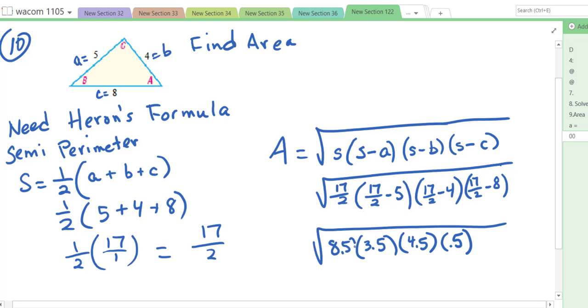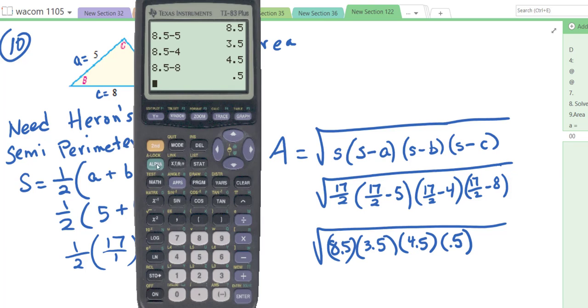And now we have to multiply all of these. So let's go ahead and do our square root. So second square root, and we'll do the multiplication underneath there. So 8.5 times 3.5 times 4.5 times 0.5, close, enter. And so I am getting